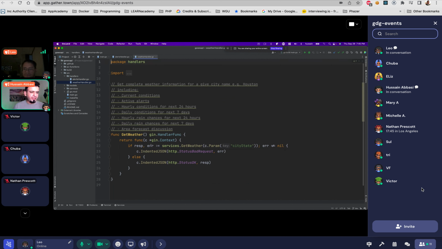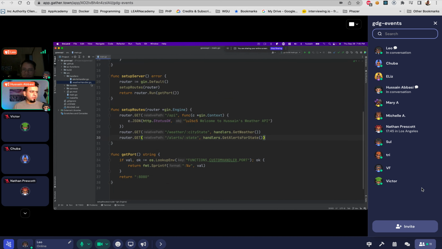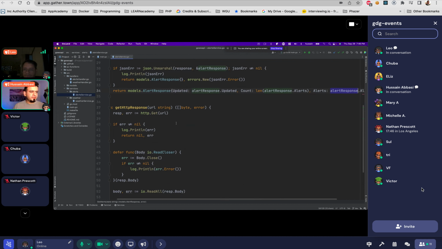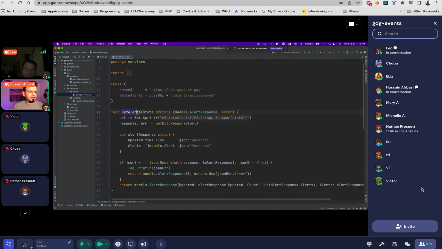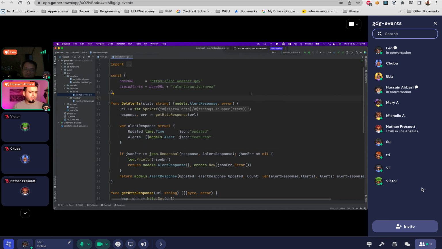So in this one, I have a get weather that passes in the city and state, does the same exact thing. So the handlers are pretty light, they're not doing much. Let's go to the service. And if we go to the alert service, we have the get alert function. We have some base URL and some other things going on. I have environment variables for my API that I'm hitting. And then there's an alert.